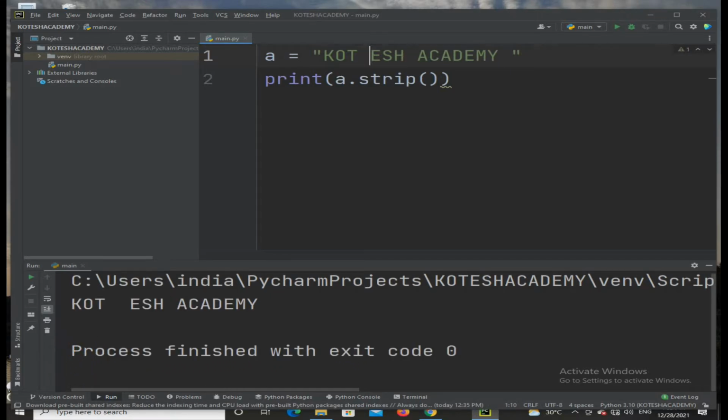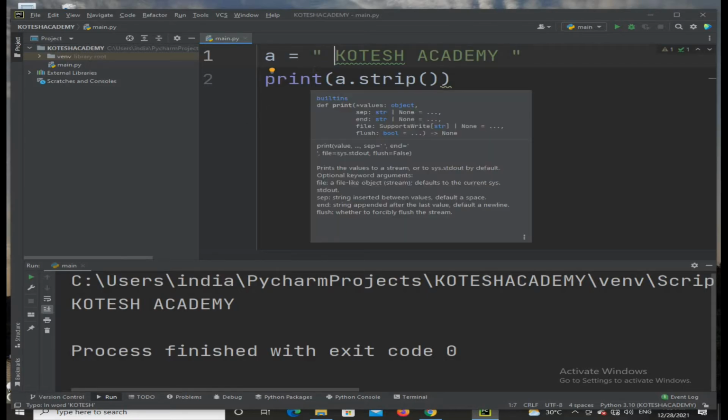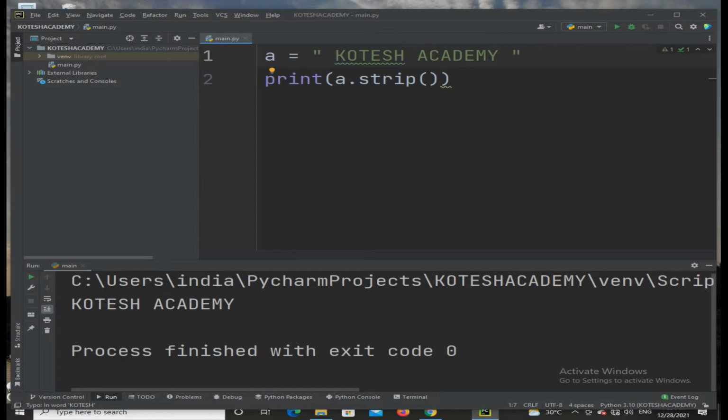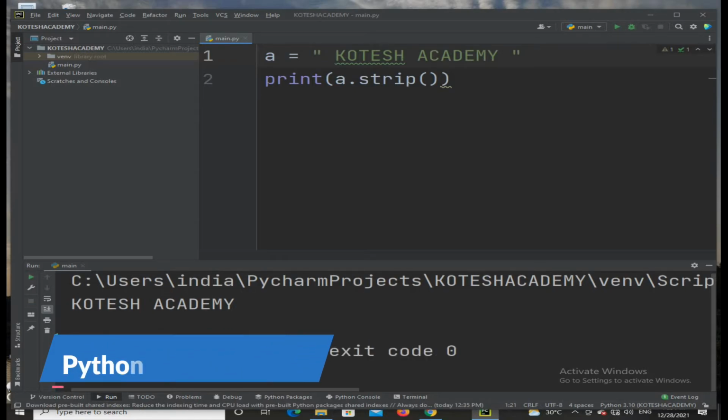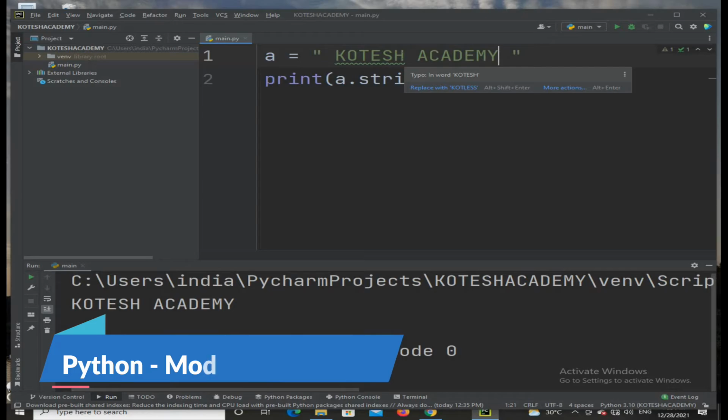Within the symbol you have to use it. Before that we are using one space, but it is removed. So it removes the white spaces from the beginning or end, not in between. For example, we have more spaces in between, but those spaces will remain. But if you have a space at the start, that can be removed, or at the end, that is also removed. That is the main important instruction for removing white space.